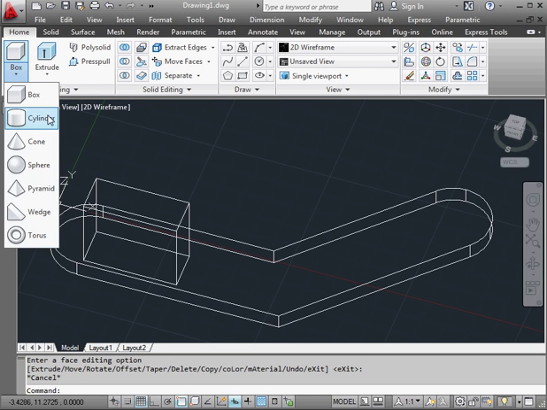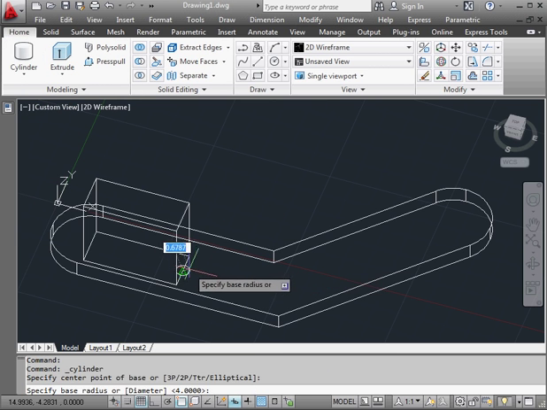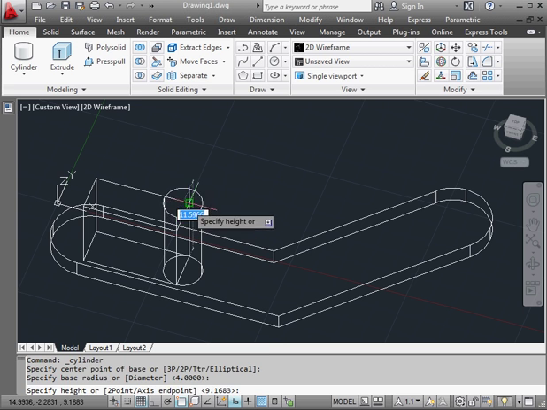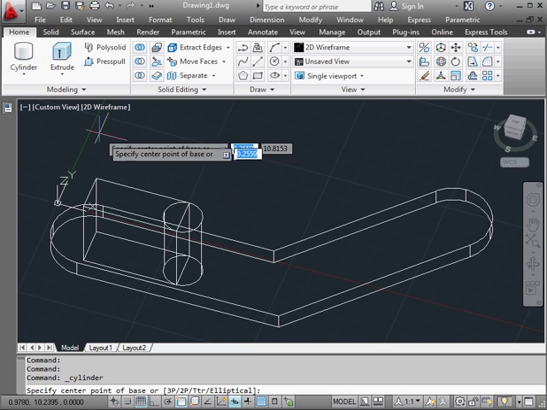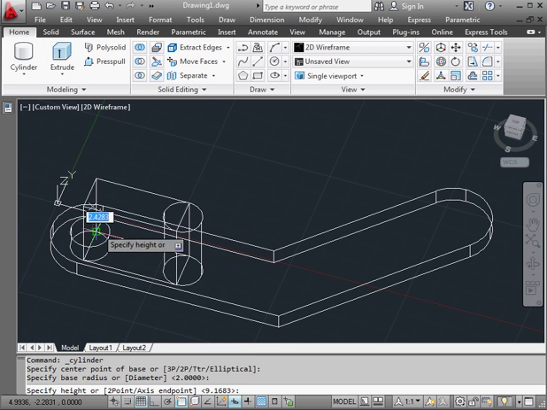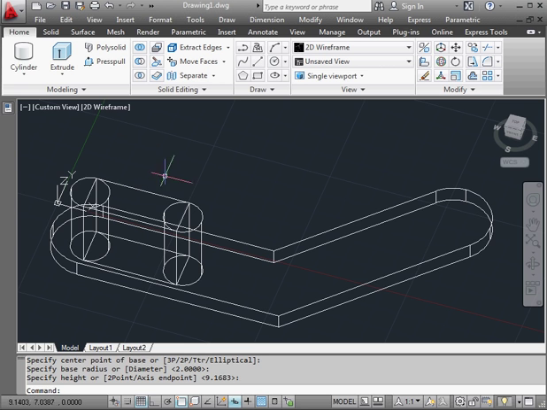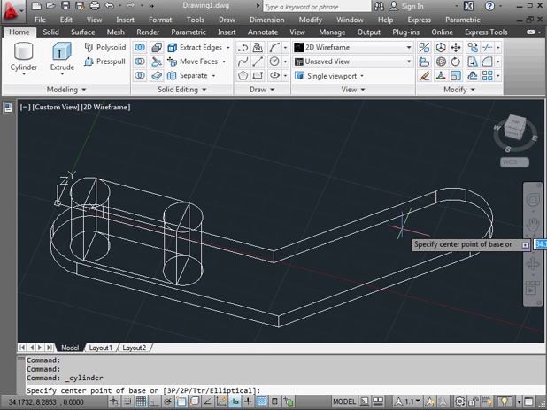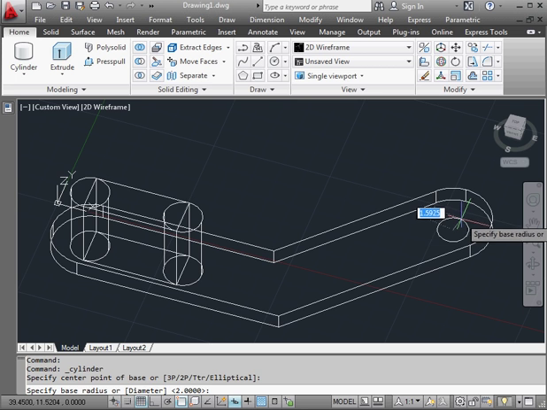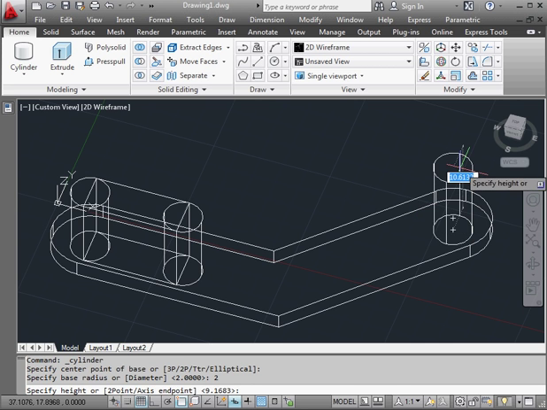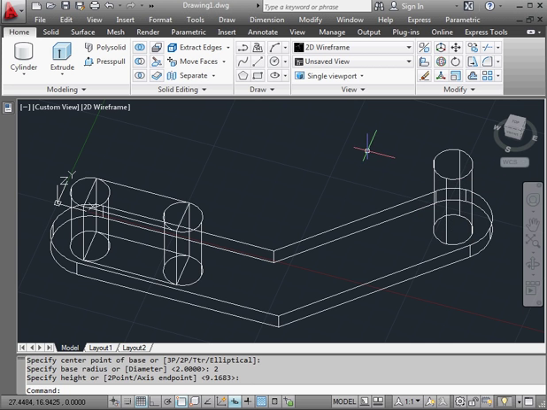Let's activate the cylinder command now. Center point, radius, and the height. Let's create another cylinder. Center point, radius, and height. And one more cylinder. We'll awaken the center of this arc. Snap to it as our center point. Radius, let's say 2 units, press Enter, and the height doesn't matter as long as it goes all the way